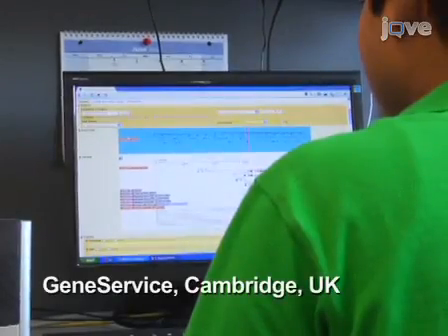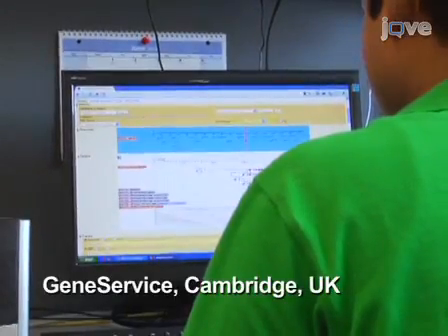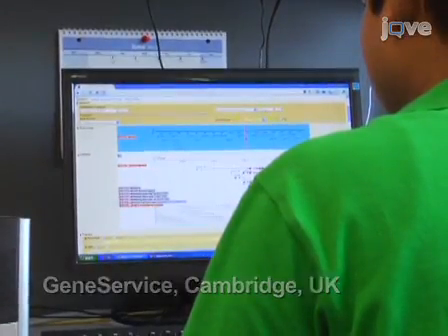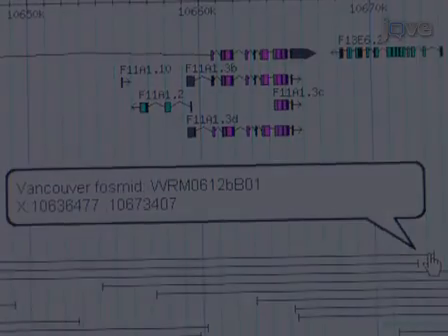So let's get started. Order the fosmid clone for the gene of interest, or GOI, from Gene Service using Wormbase as a guide. When selecting clones, we choose ones that have the